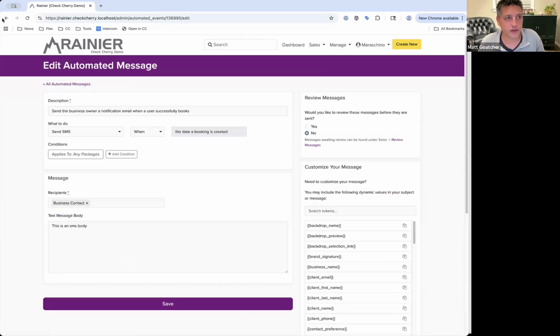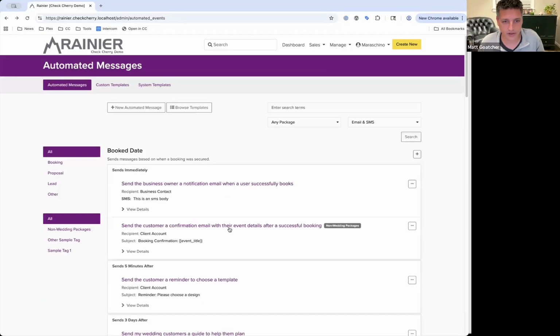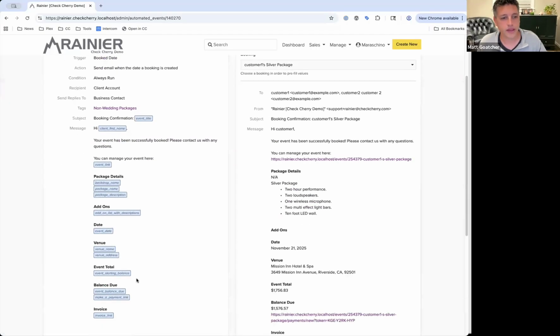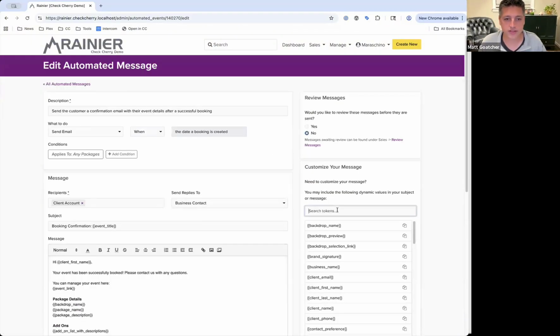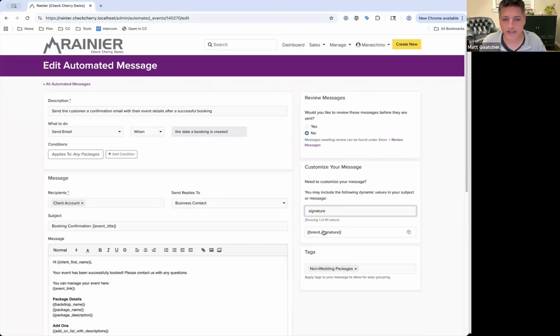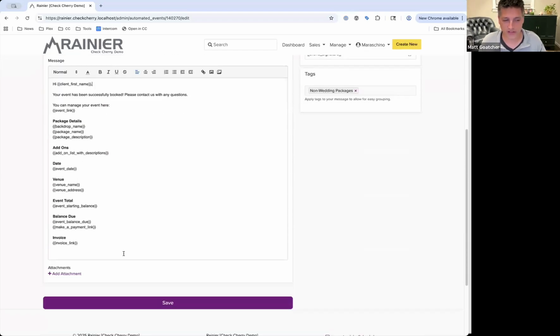I keep looking at an SMS here. Let me look at an email. Let me edit this one. Basically we've got this signature token, brand signature. If it's not already in your account or in your templates, you can just include it at the bottom there. And what that'll do is automatically pull